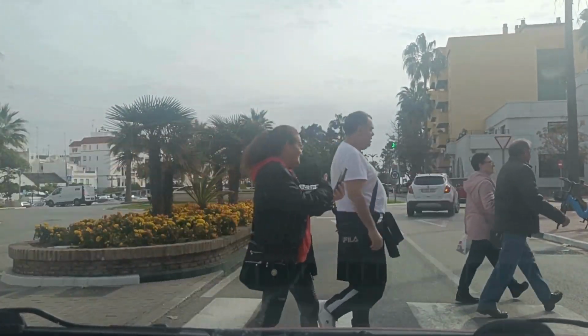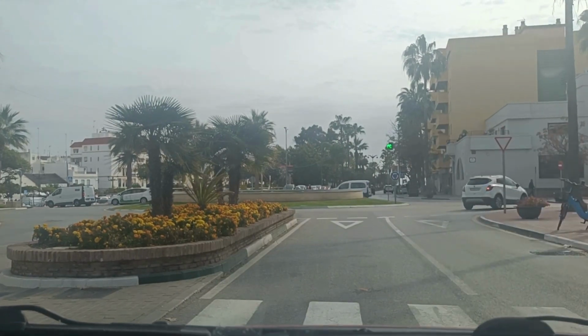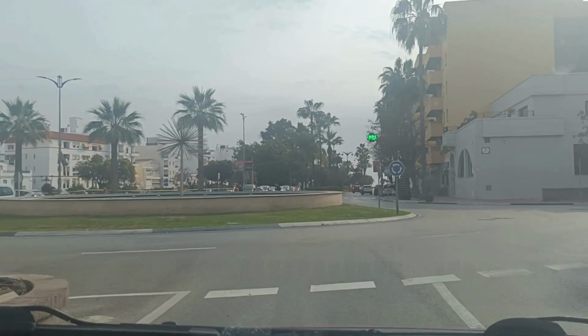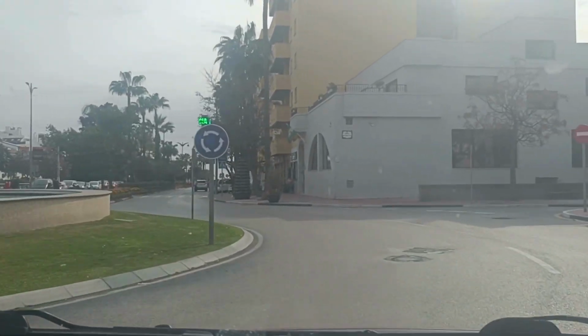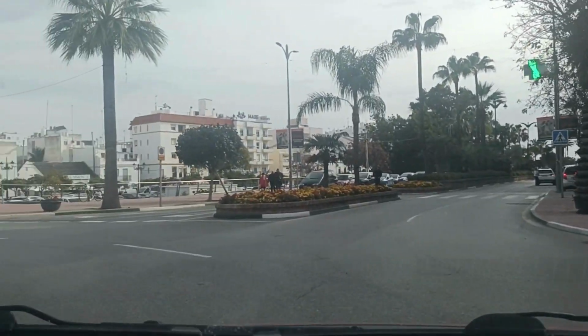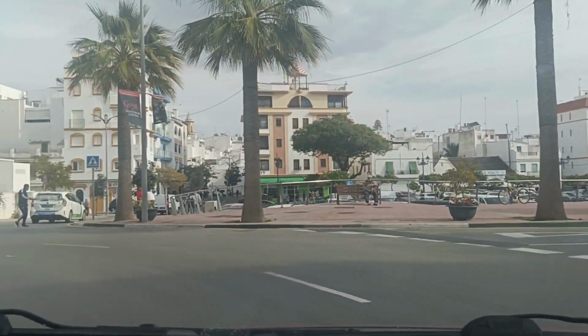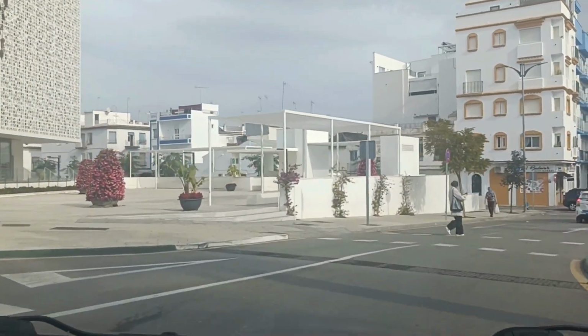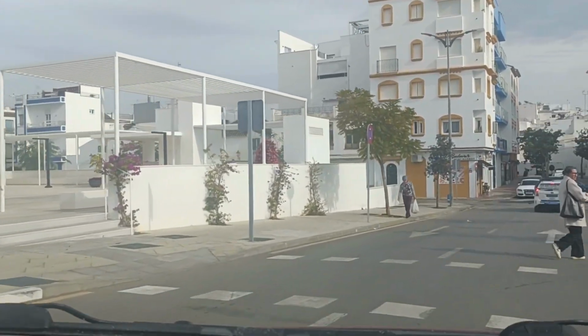Watch out for zebra crossings, don't forget. And have they accommodated the new town hall with plenty of parking? Yes, they have. There's a car park down there. In 50 meters, your destination will be on the right. Found it. Found my destination. Thank you very much. And here we are